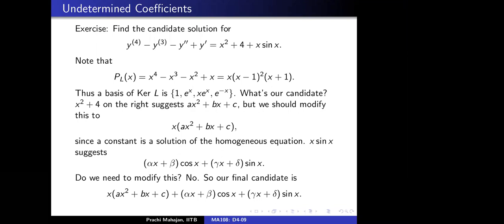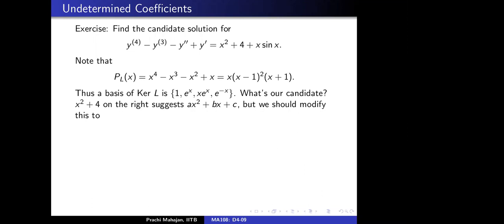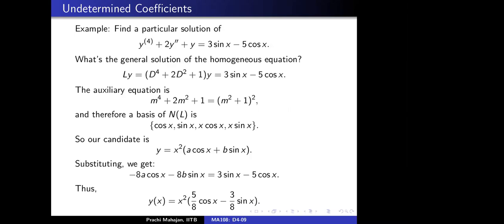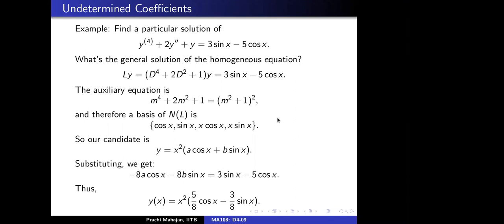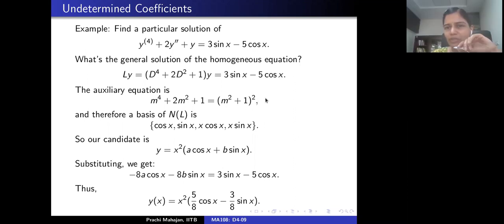Maybe another slide. Ma'am, I had a question in the previous slide. Yes, tell me. Ma'am, how did we directly write the x cos x and x sin x part of the solution? Here, plus minus iota is a root of the characteristic equation of multiplicity 2. Yes, and we discussed what happens if you have repeated roots. This is coming from that.